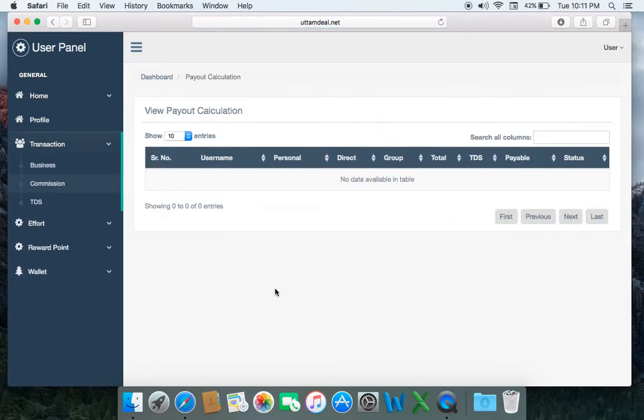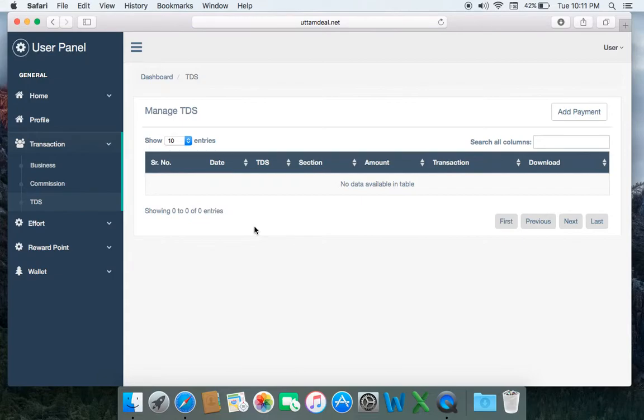Moving on, the commission, because I don't have any members under me right now, so my commission entry is 0. Once we have a lot of people joining under us and we generate an income, we'll be liable to pay tax deducted at source, which will be displayed here.